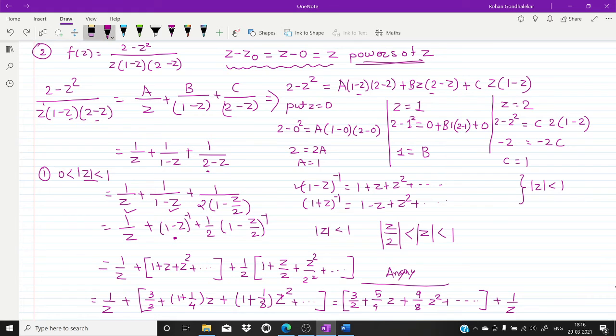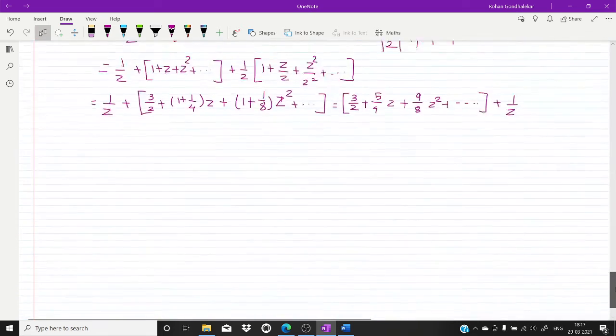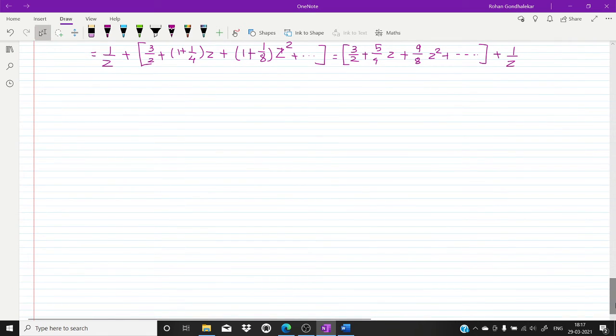Is this clear? So we have done the Laurent expansion in the first region. Now we go for the second region. What is the second region? Yes, just observe this. 1 is less than mod Z is less than 2. That is a region between these two circles. The second region, 1 is less than mod Z less than 2, and your function is given as